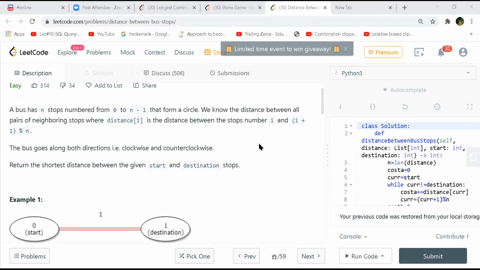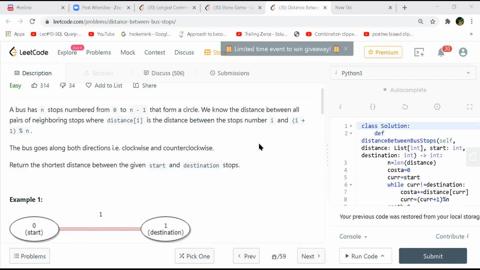Correct. So always first find the start and then go to the destination, and then do the same thing wherever you are in the destination. Again, keep on going ahead till the start. So then you will find both the paths, clockwise as well as anti-clockwise. Because if you first find the start and then go to the destination, then you start from the destination, so you are actually going in reverse, anti-clockwise.